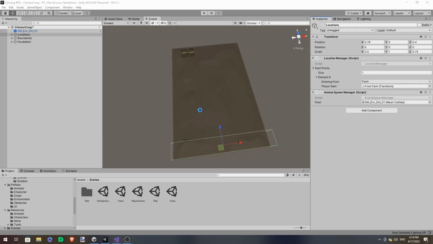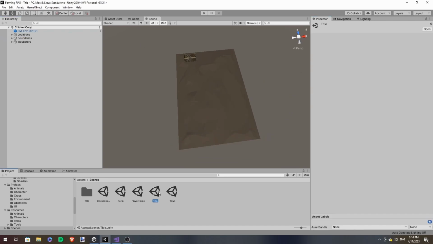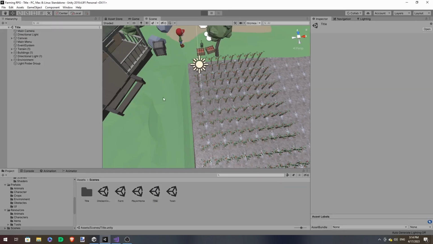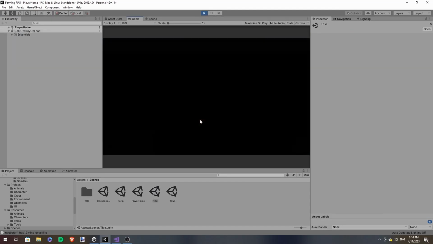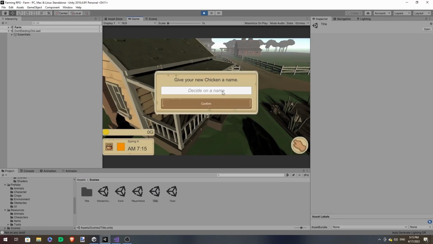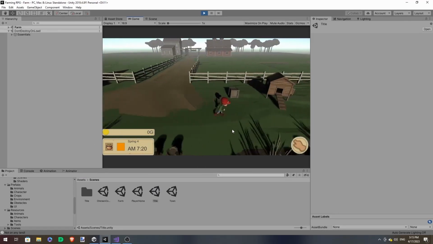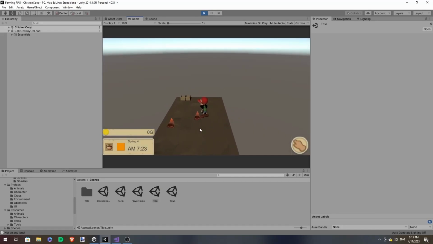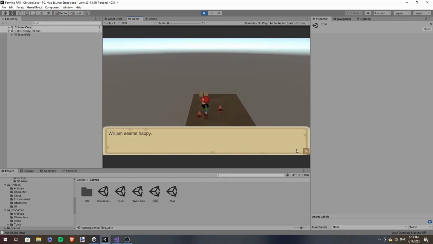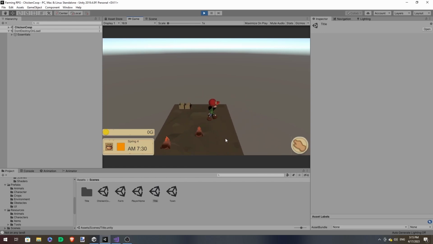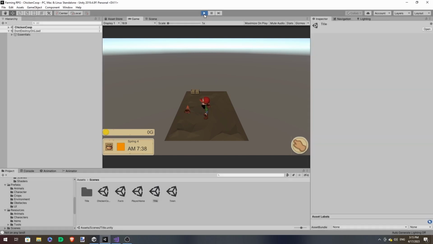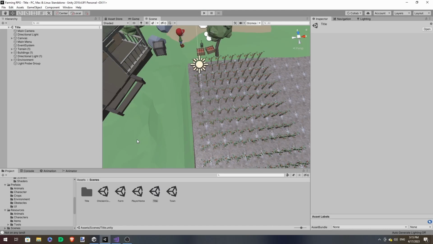And with that, let's see it in action. Okay, looks like we've got everything. Let's load it in. There, now we have 2 chickens. Jeffrey, William. But they don't save as of yet. So that's our last step, to save the data, which is fairly the same as we always do.